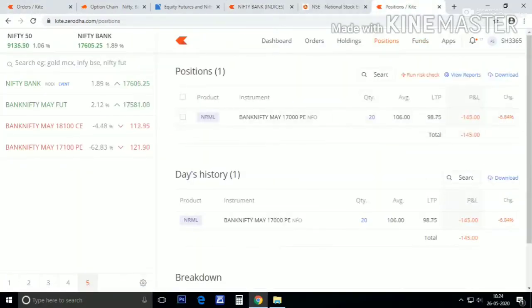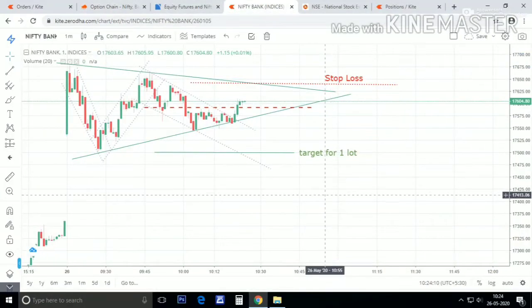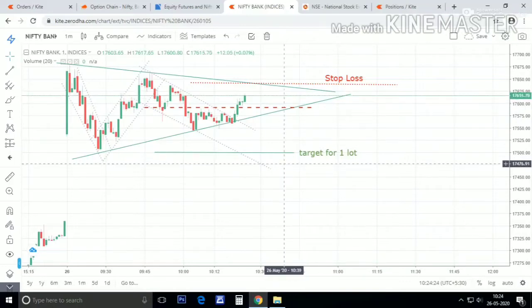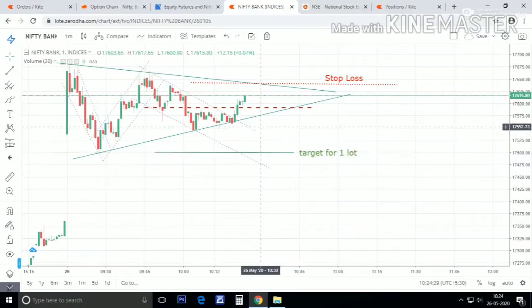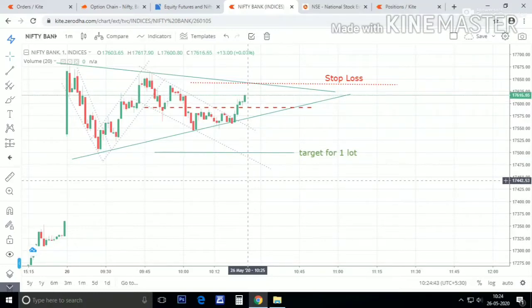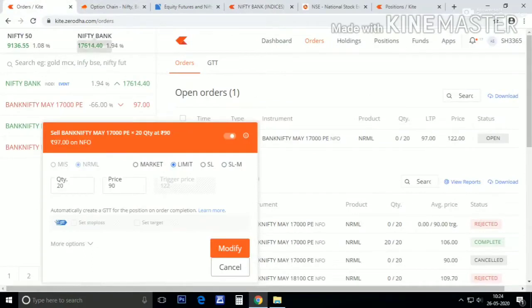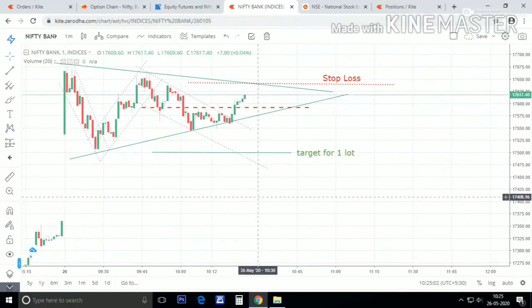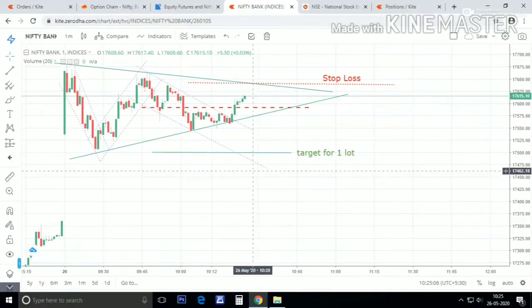Right now we are around a 160-170 loss. This is currently around 7% loss on our premium capital. We will wait. It's taking some time, but the market is totally about waiting. You have to wait. Without waiting, you can't exit without hitting your stop loss or your target. You have to be disciplined enough. You can trail the stop loss if you lose confidence, but I will say stick to the target and the stop loss.